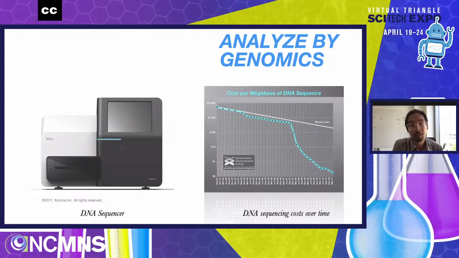In particular, about 20 years ago, there was a race to sequence the human genome. And what that led to was the development of cheaper and cheaper DNA sequencing machines. As this graph on the right shows, the pace at which the cost of DNA sequencing has come down, thanks to things like the Human Genome Project, has been really, really fast. And what microbiologists have done is take advantage of that to count the bacteria inside of us.